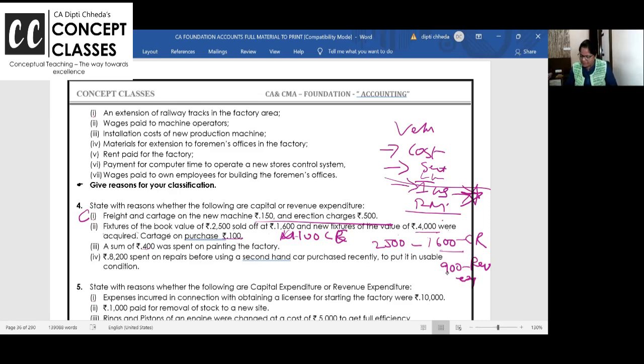Shall I repeat? If you have not written, you write it from the screen. 2,500 is a capital expenditure long back. Now you have sold it, you got income. So this is a capital receipt and 900 is the revenue item. And new machine purchased 4,100 is the capital expenditure. Okay? A sum of 400 was spent on the